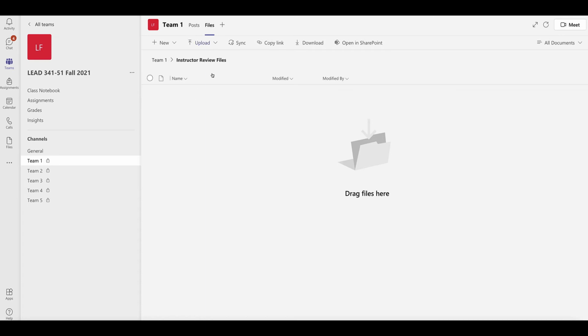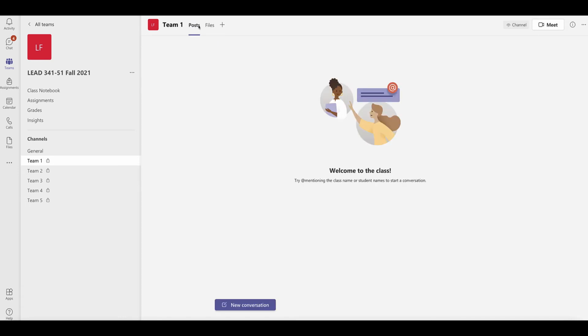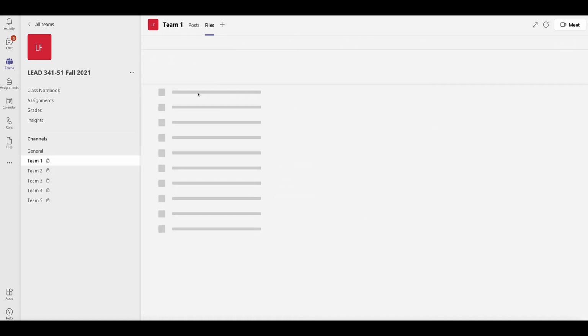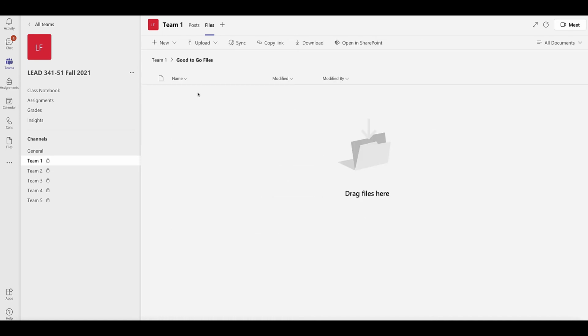But after I give it that good to go from the instructor review files, what you then do is upload it to the good to go files. When it's uploaded there, that means you've got an A on that particular part of it. The individual project elements are not graded, however. After they're all put into one large file document at the end of the semester, I will grade the entire document one more time. But if you get all of the project elements in the good to go category, you're pretty much going to get max points on your project, unless I see some formatting errors or things like that. So to review,